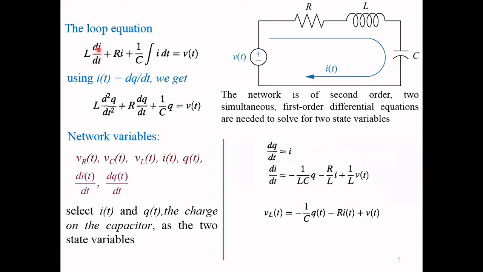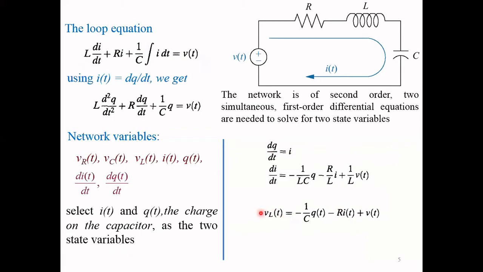We can get the value of di over dt by using a little knowledge of maths, moving these two values here and replacing this integration, because if you take integration on both sides we get this term equal to q of t, or we know the formula charge across the capacitor is q equal to c multiplied with voltage. So this is our second equation.